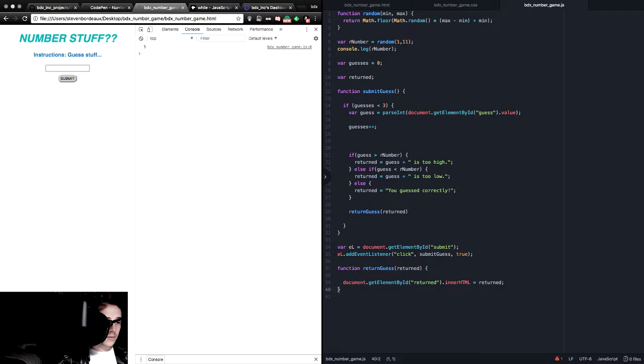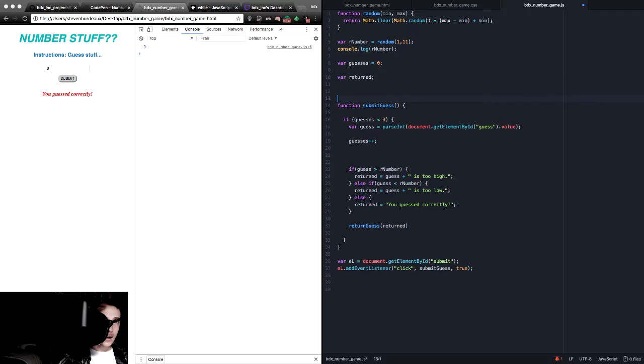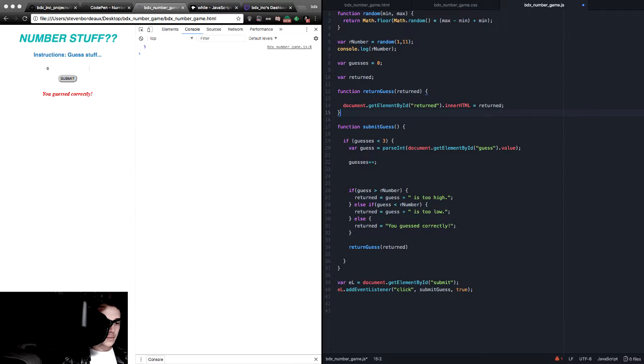Refresh. 3, 2. 2 is too low. 4, too high. 3 is correct. 6. Nothing happens. Fair enough. And I think that's okay that it's still functioning, right? Returned blank equals returned. I guess that works. We do this, move it up top, paste, command save,